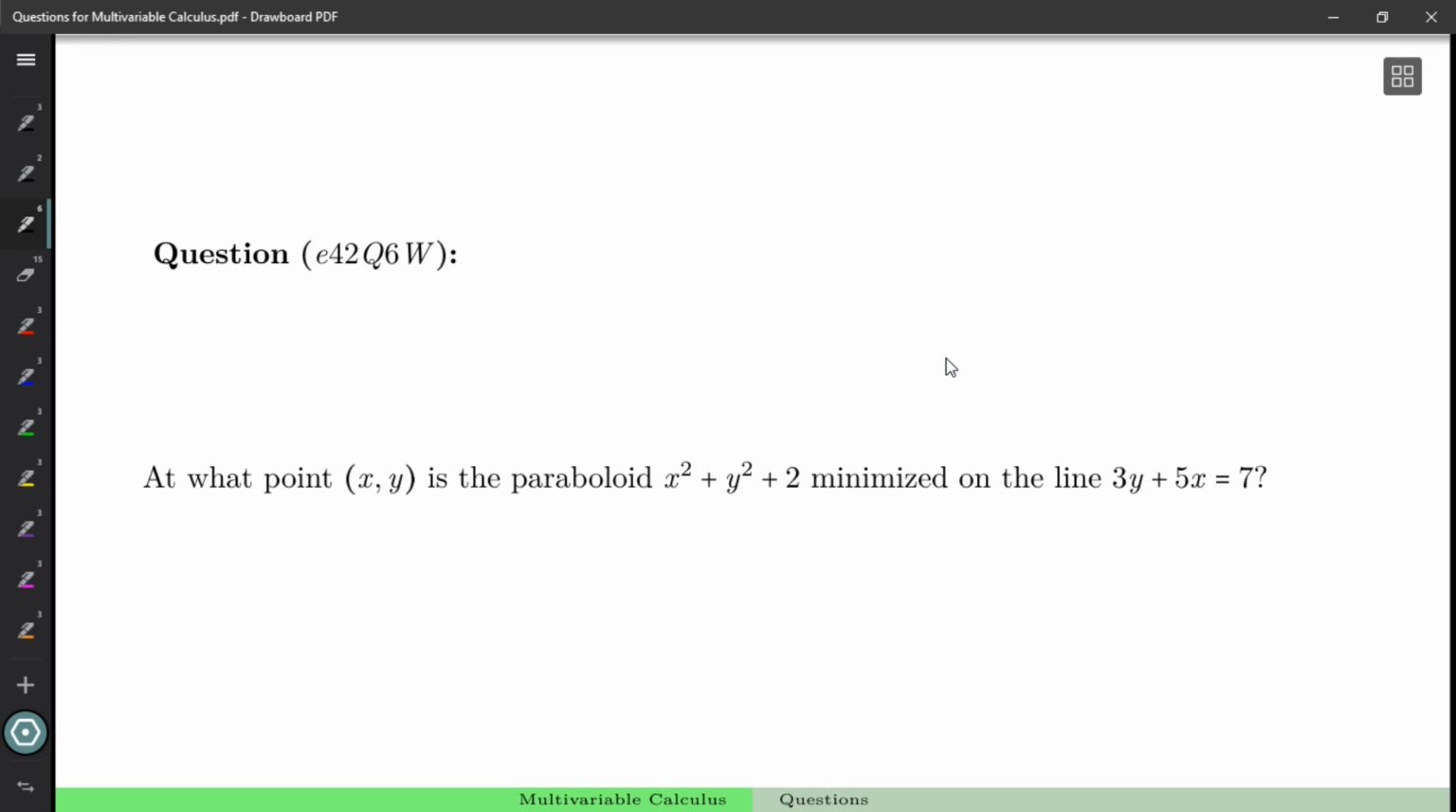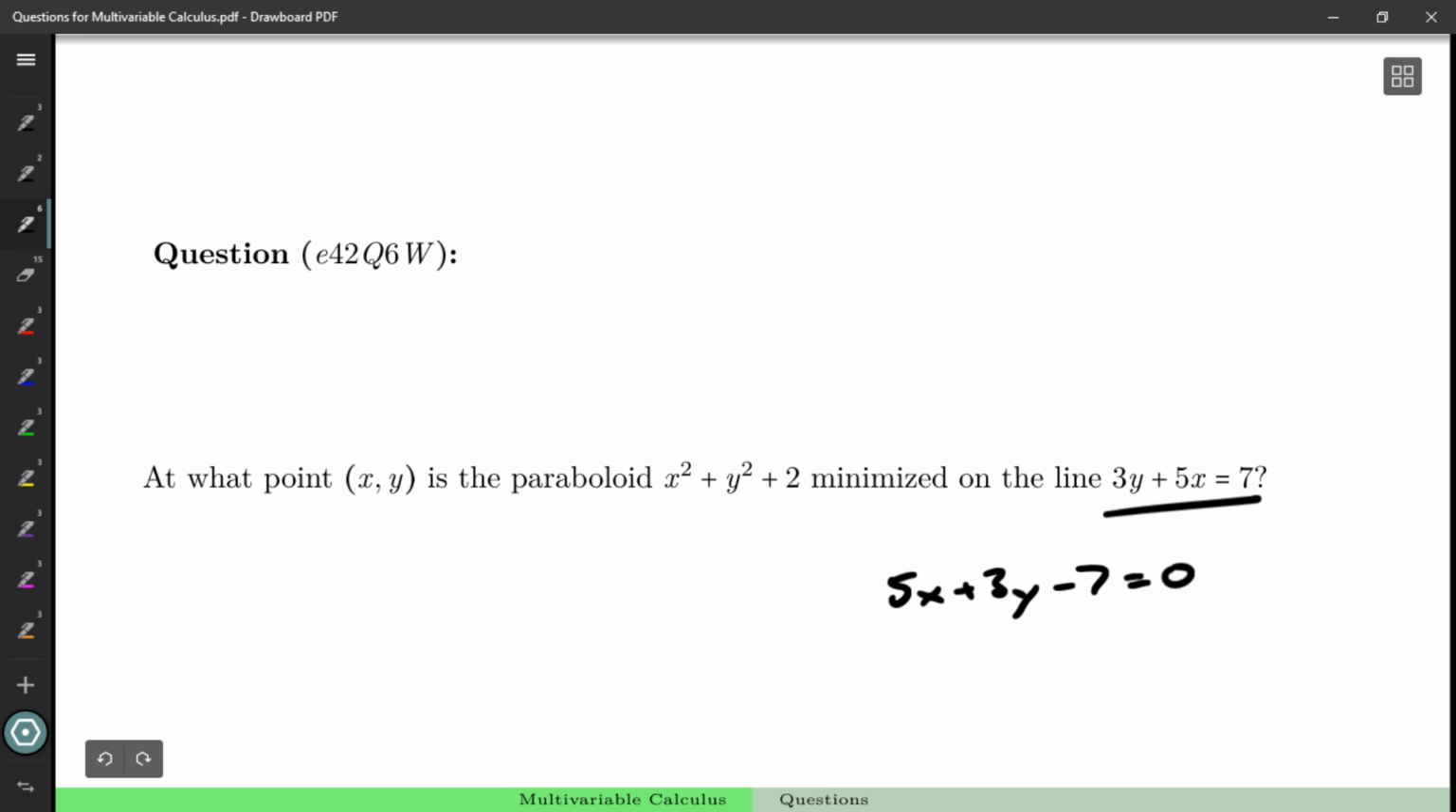At what point (x, y) is the paraboloid x squared plus y squared plus 2 minimized over the line 3y plus 5x equals 7? Okay, so our points have to be on this line. That constrains what we can be talking about. That gives us our constraint, although we might choose to rewrite it